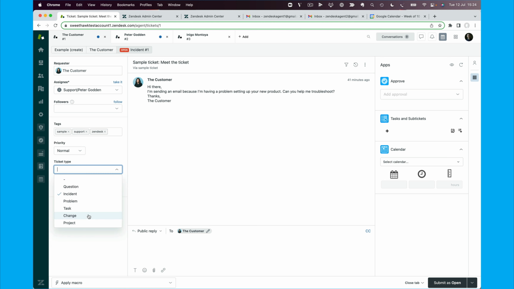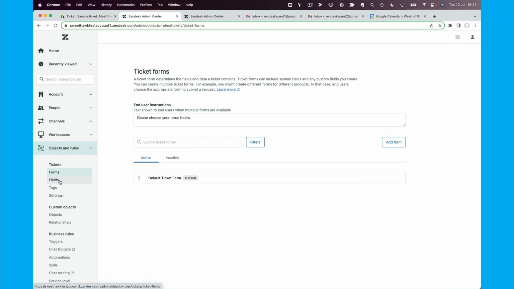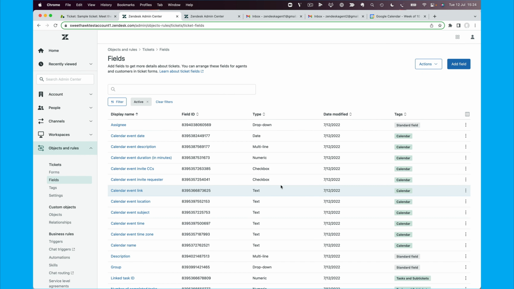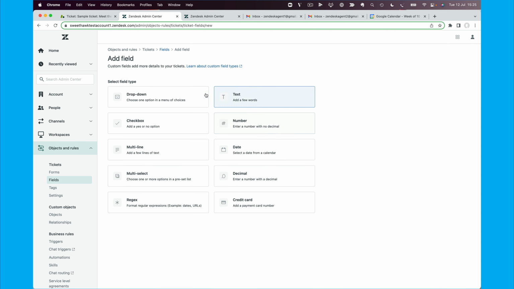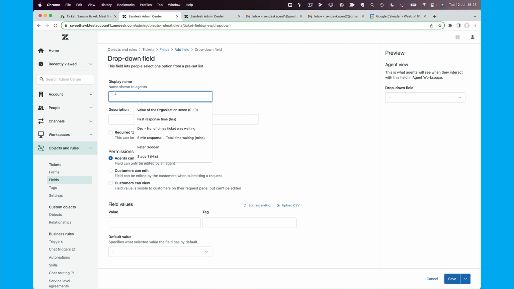So now what we want to do is, when we choose change, have a bunch of other fields show up, like for example change type, configuration item, impact, risk, that type of stuff. So we'll go back to our forms or fields over here at the admin section, and we'll start adding a few of these fields. So we'll add another drop-down field, and we'll call this one change type, and we'll set